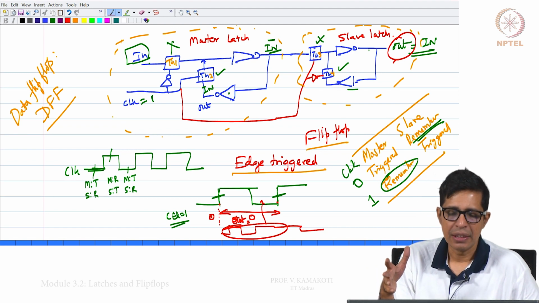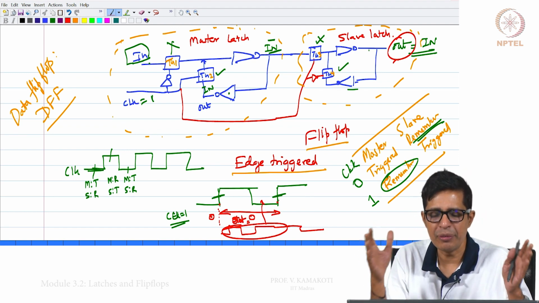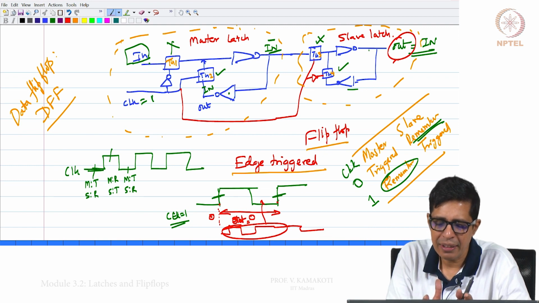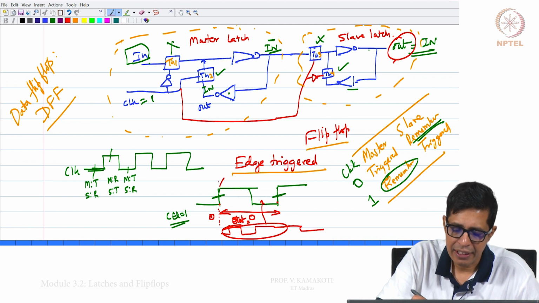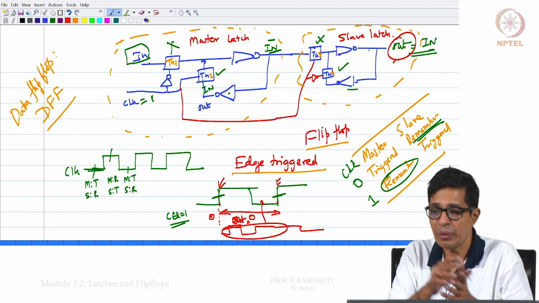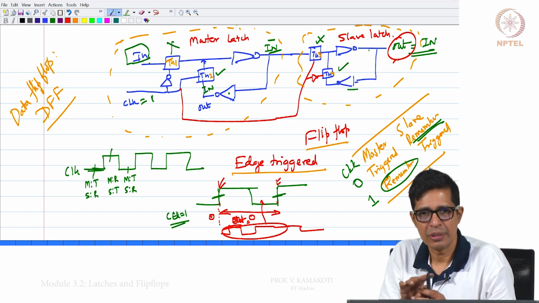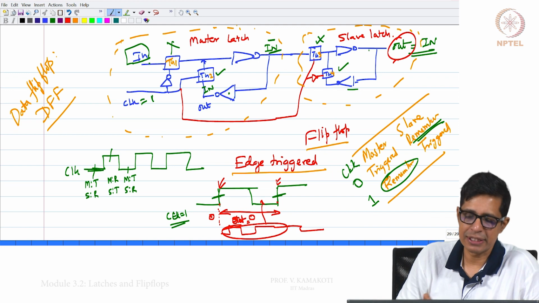And in any of those periods between the two positive edges, as we are seeing here, if there is any change in your input, that will not get reflected at the output. So, this is how a flip flop works.